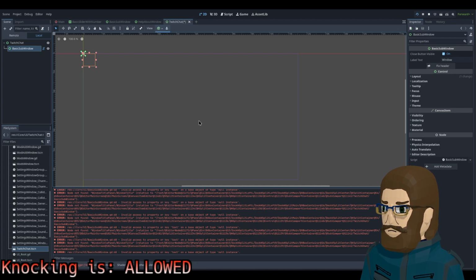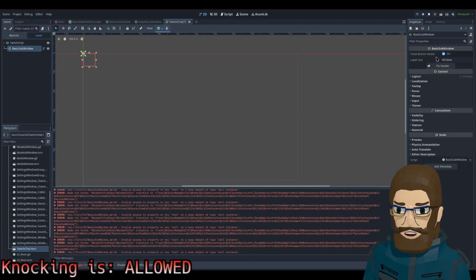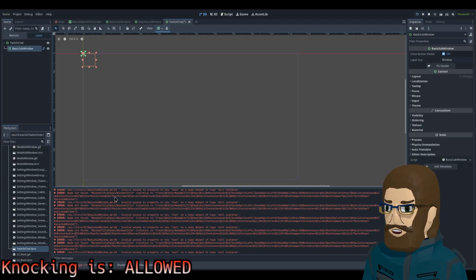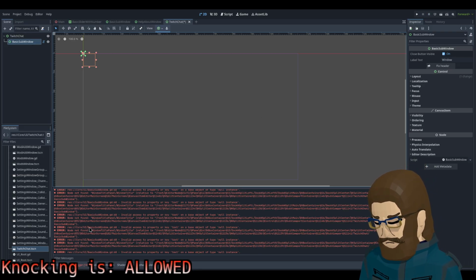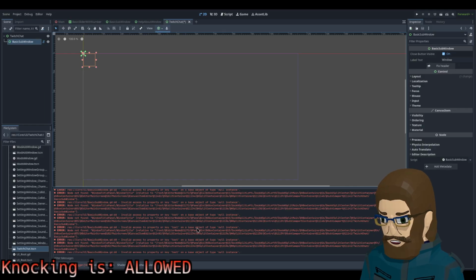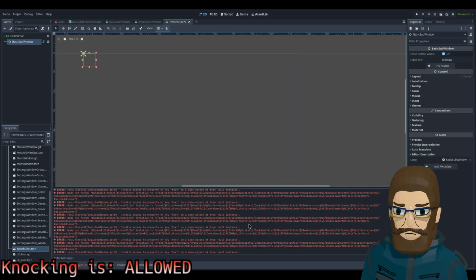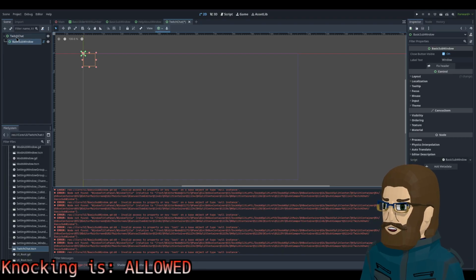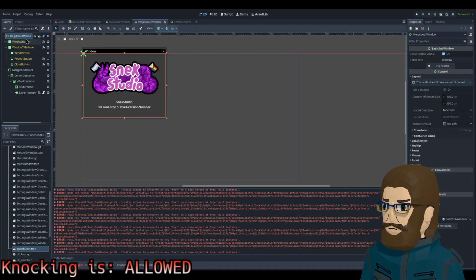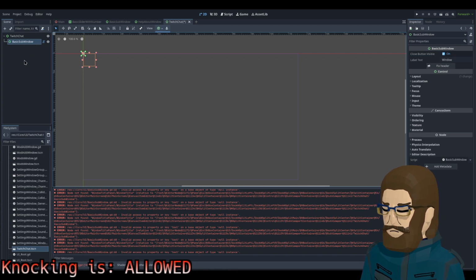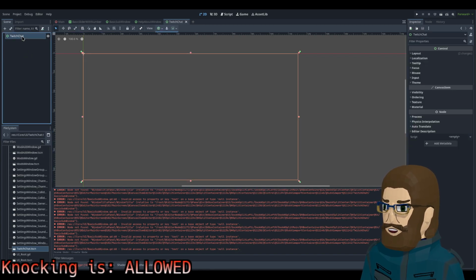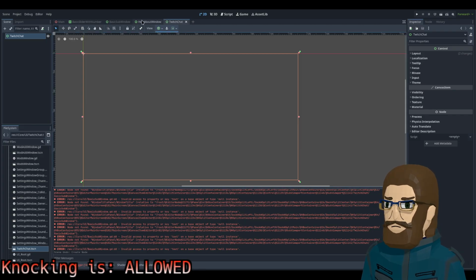Okay, we broke everything. Okay, that was not what we were supposed to do. But why not? Hold on. Let me pause this. Invalid access property or key text on a base object of null instance. Yeah. I get that. Okay, definitely that's not right. Because if we look at this, yeah, it's not. Okay. So that was not correct, because it's not a child node, right? So let's look at help about.